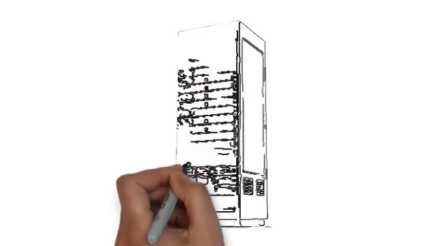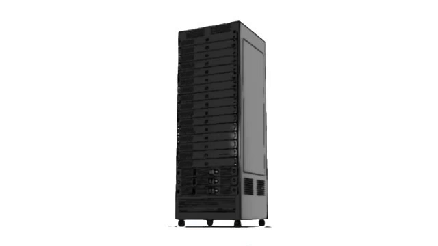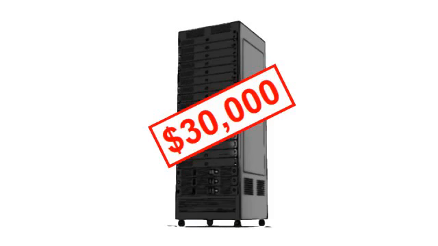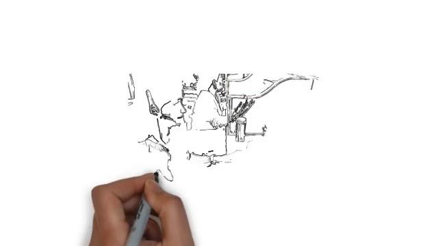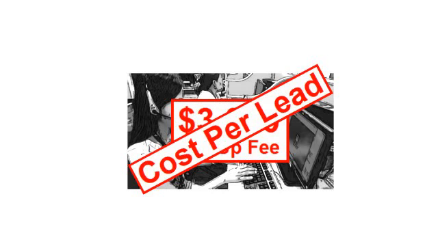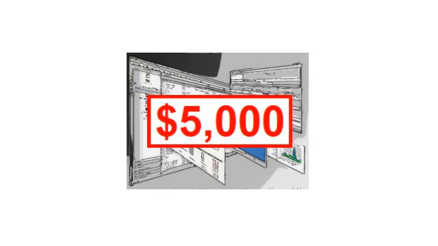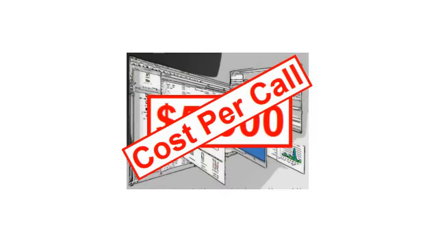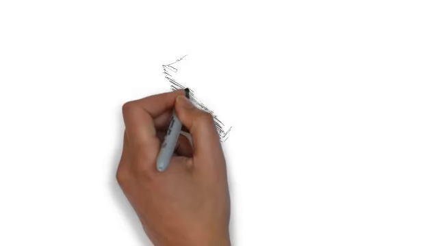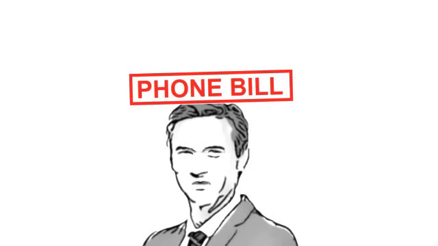To set up a designated server and all of the equipment to run it, I was looking at nearly $30,000. Hiring a telemarketing company was a huge expense with massive setup fees and ongoing costs per scheduled lead. Purchasing a software dialer system would have cost thousands, not to mention the cost of calls that they were going to charge me for as well. I soon realized it was expensive, and no matter which way I looked at it, it was going to cost me money. One thing that really played on my mind was the phone bill and the monthly expense.